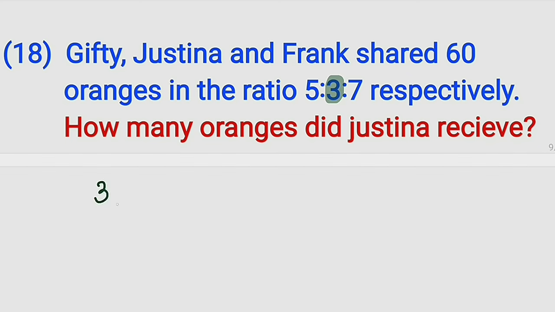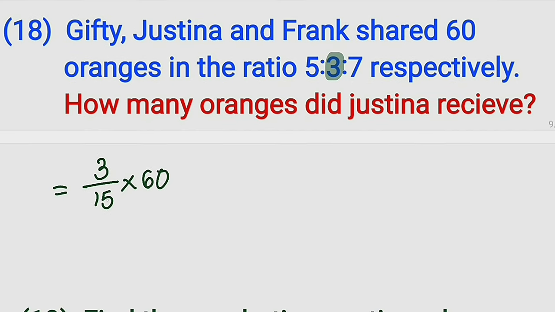You have to be very fast. So 3, which represents Justina, divided by the total ratio. If you add all of this together, you're going to get 15, because 5 plus 3 is 8, 8 plus 7 is 15. So you divide it by 15, then you multiply by the number of oranges you want to share among them, which is 60. And you know that 15 can divide 60 exactly 4 times. So 15 into 60 is 4. All we have is what? 3 multiplied by 4, which is equal to 12, which implies that